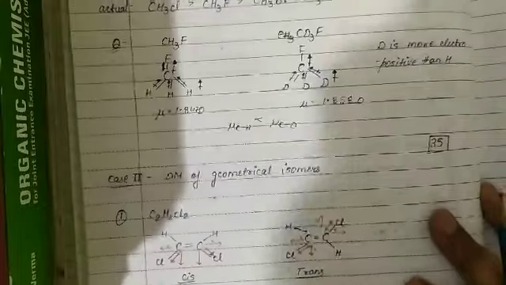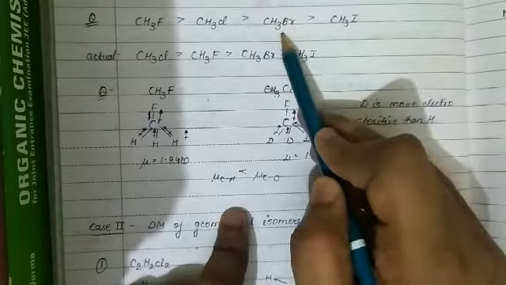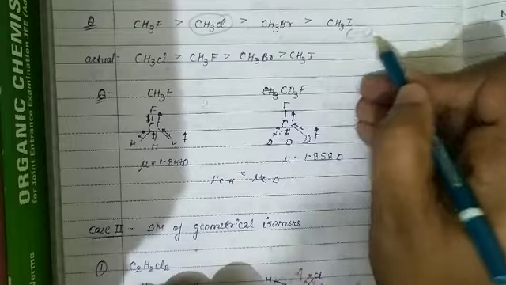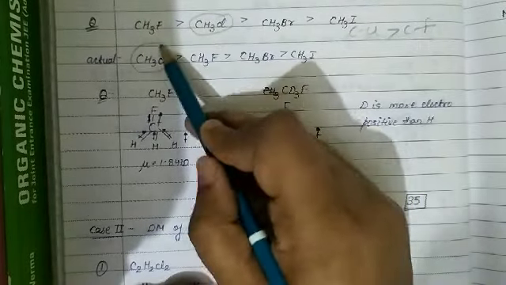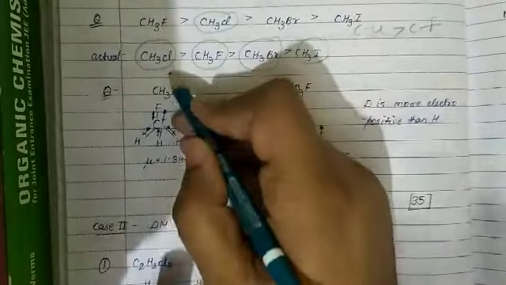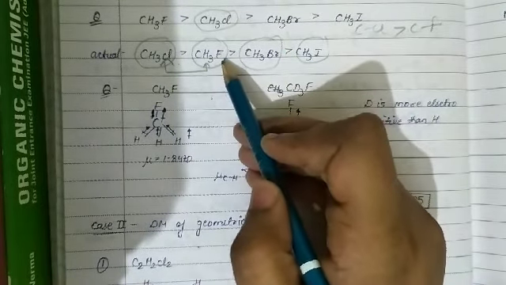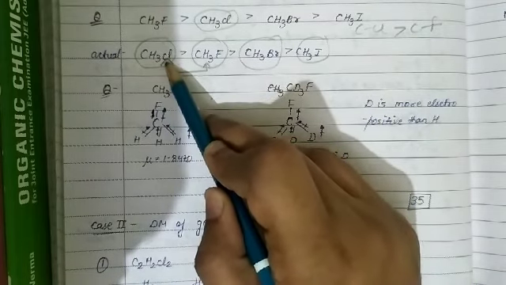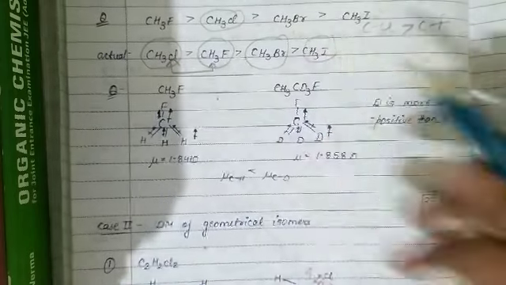Now we are going to discuss our next case, which is CH3F, CH3Cl, CH3Br and CH3I. See, we have already discussed the dipole moment of carbon chlorine bond is more than carbon fluorine bond. So the dipole moment of CH3Cl is more than CH3F, then CH3Br and then CH3I. So there is only one exception in this pair. We expect CH3F has more dipole moment, but in reality CH3Cl, due to product of charge into distance, the C-Cl bond is more. Therefore dipole moment of CH3Cl is more than CH3F, while the rest remains the same.